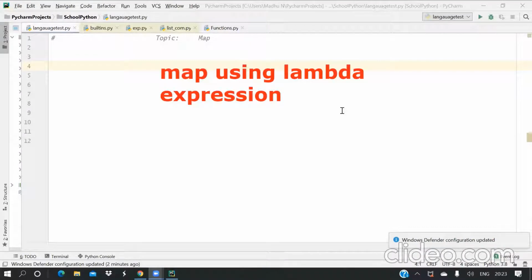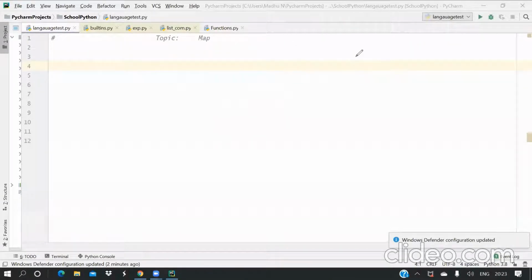Good morning friends. Today we are going to learn about map using lambda expressions. Now, the syntax for map using lambda expressions is